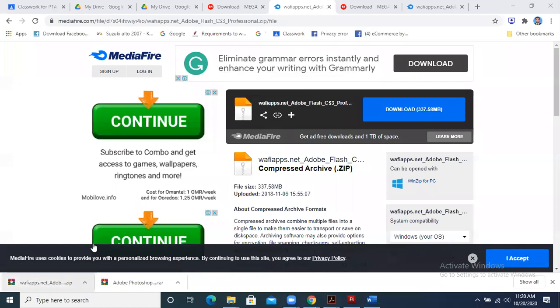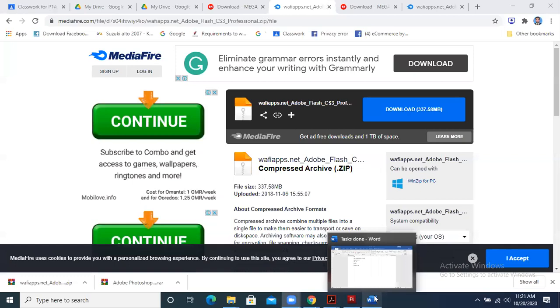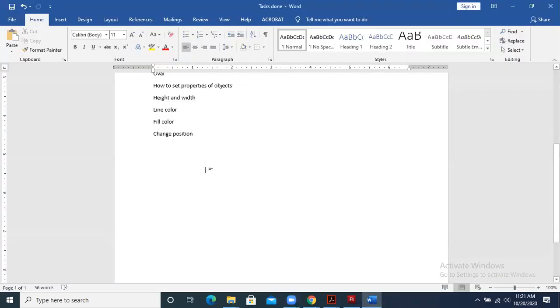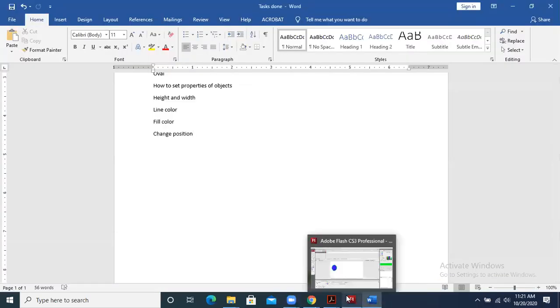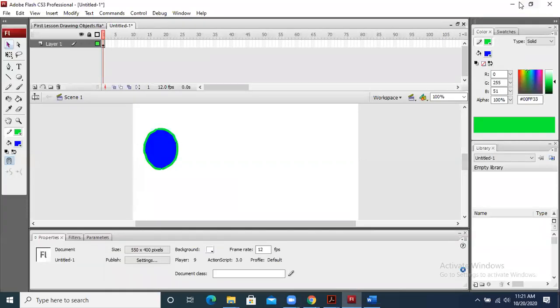Yes, I did the same, but when I open it, it says it can't be opened because the file has an error. The file is basically a RAR file. Do you have WinRAR in your system? No. You have to install this software, WinRAR. Otherwise, you will have to unzip it. Then it will be installed. Okay, thanks.